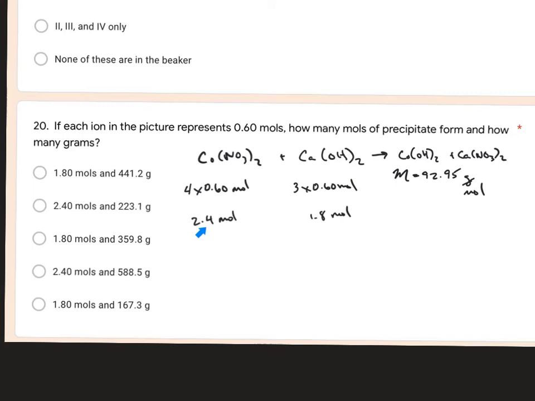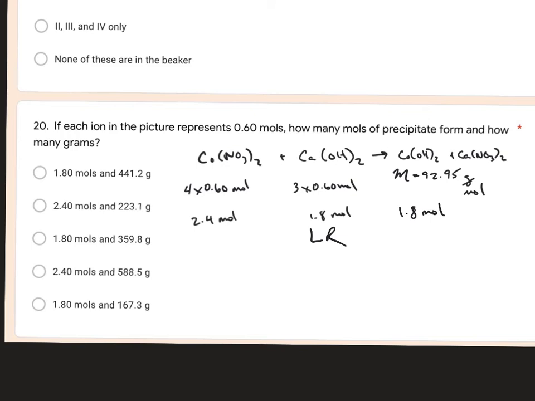So there were 4 particles in that picture, and it says each one's 0.6 moles, so there's 2.4 moles of this. And for this one there were 3 calcium ones, each 0.60 moles, so that's 1.8 moles. So I got 2.4 moles of this and 1.8 moles of this one, which means since they react in a 1-to-1 ratio, this is the limiting reactant, which means I can also only make 1.8 moles of the